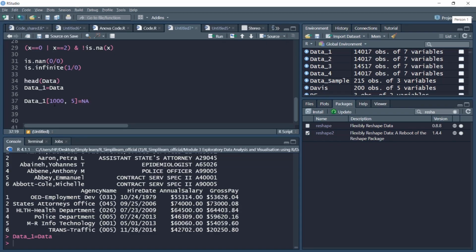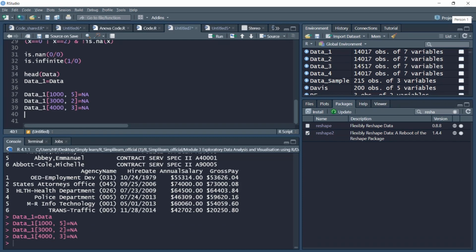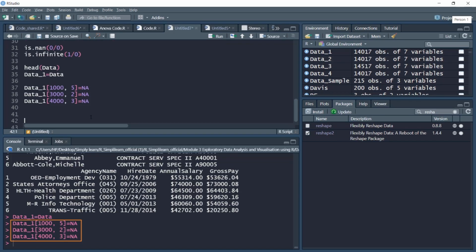Let's set it to NA. Similarly, I'll also set the 3000th position in the second column as NA, and then I will set the 4000th element in the third column as NA. Let's run these commands.